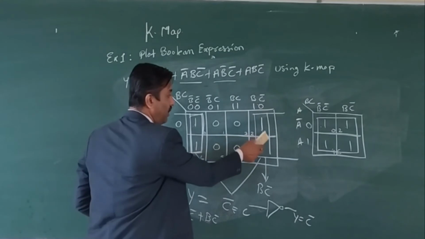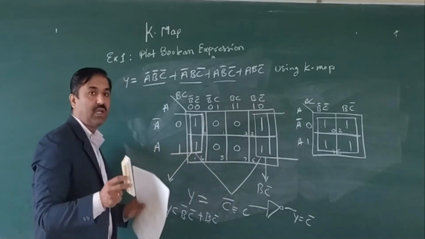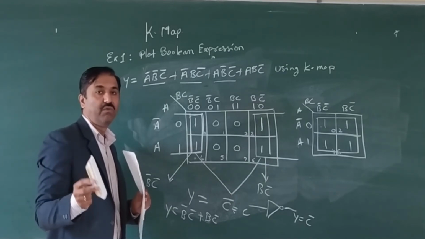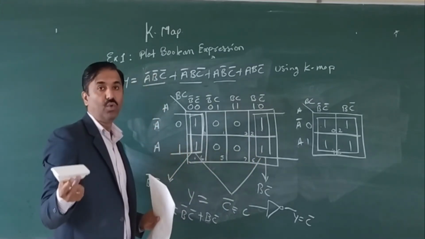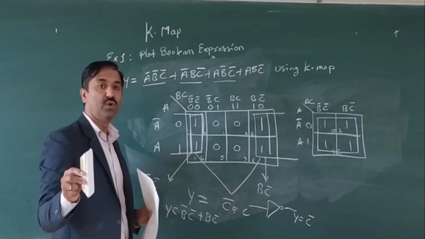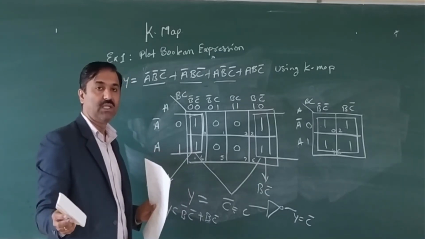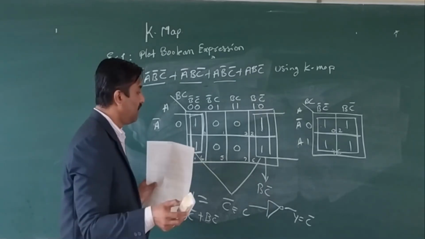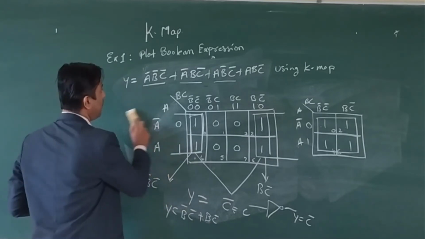So instead of having two different pairs, grouping them and finally having the expression, try to find out whether we can group the ones in the maximum, that is 16, 8, 4 and finally you come to 2. So where there is a possibility of 4 grouping, don't go for 2 grouping. Try to put it in a 4 grouping. Where there is a possibility of 8 grouping, don't go with 4 or 2. Again the complexity of the expression will be more, and the designing of the circuit will be more. So try to minimize the groupings and have a simplified expression. Hope you have understood this. How did we arrive at C bar? Okay, fine.